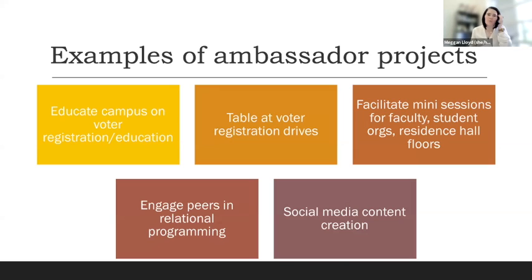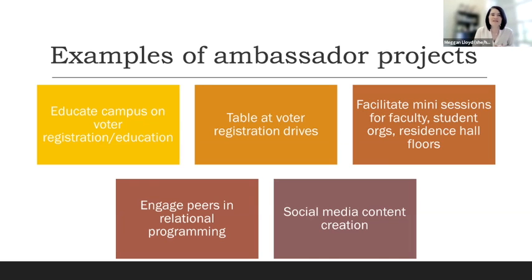So these are examples of the different types of projects I was thinking about for these students. Certainly, we are thinking about them as helping with that larger education of voter registration and voter education on campus, and volunteering at voter registration drives. Those will be organized by our student voter coalition and our graduate student assembly, but they often need support. That core group of 4 to 5 students is not always able to table as often as they want given their schedules. So having these ambassador students help with that widens our capacity there.